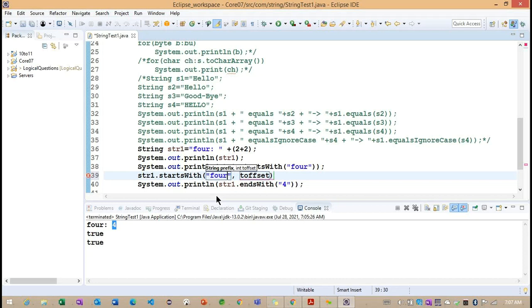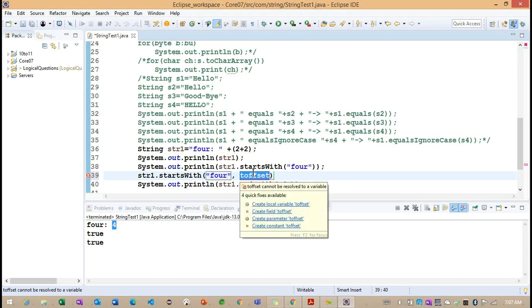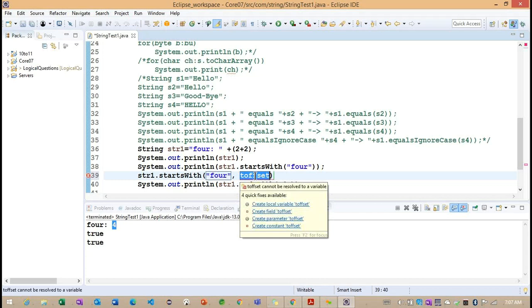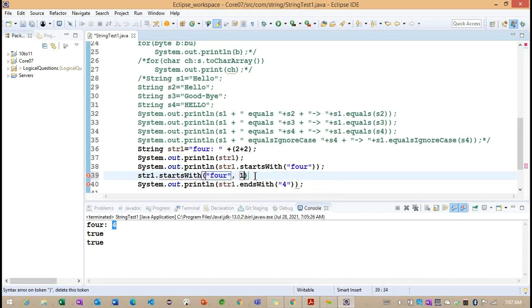The start index is going to specify from which index onwards we need to search for the string here, from this particular string. So if I'm going to start from the 1, we'll see what happens internally.